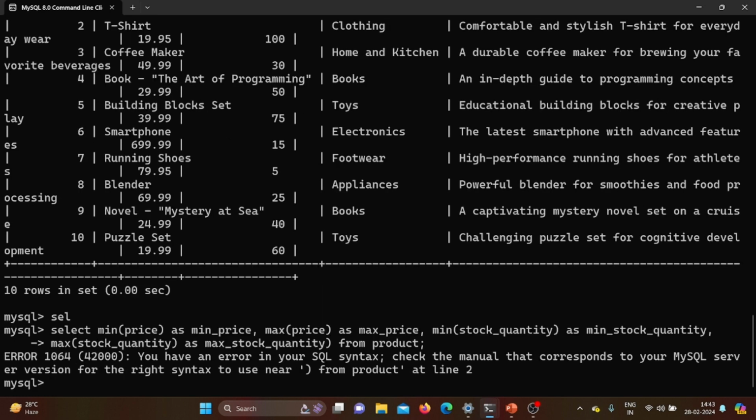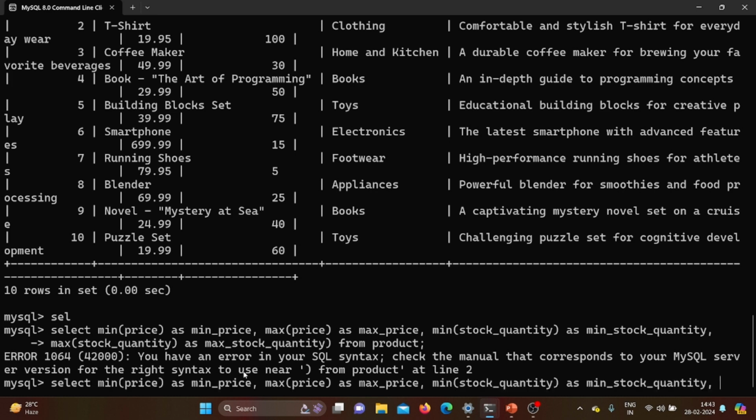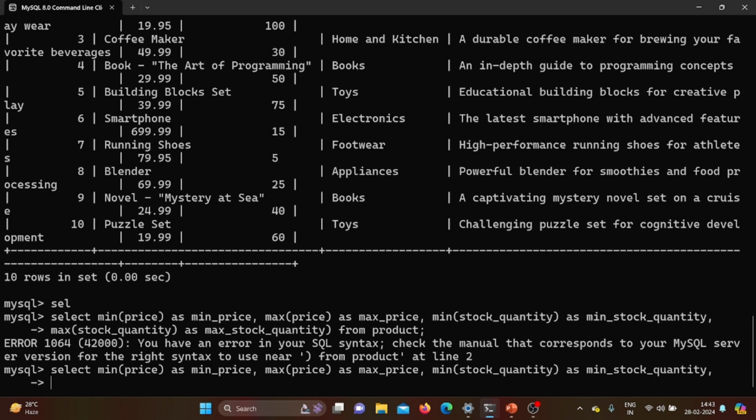So again, there is some SQL error. Let me look into that. Select min price as min price, max price as max price, min stock quantity as min stock quantity, max, yeah. So basically in this line, max stock quantity, let's write it down again, max of stock